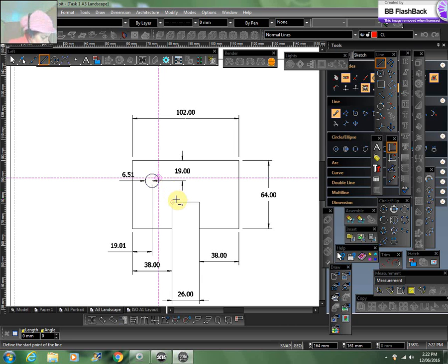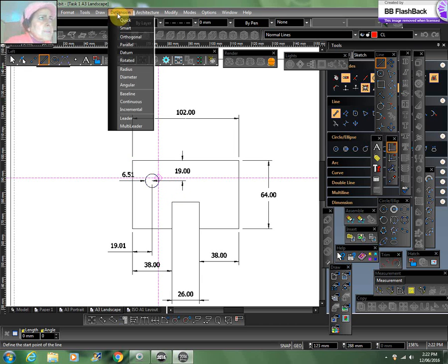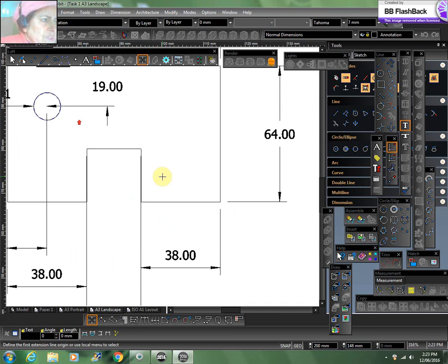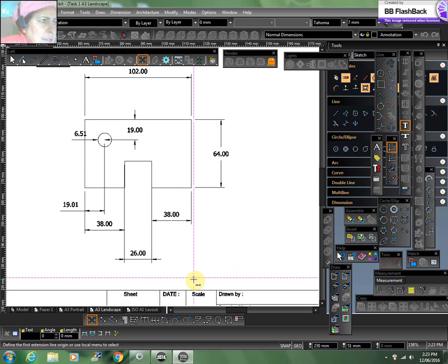To do the dimensioning, we go to Dimension, click Dimension, and then Orthogonal Dimension. When you click Orthogonal, you click this point, and this will give you a dimension. Similar to this, you do it to all of these, and make sure that one of the rules of engineering is that the dimension lines like this